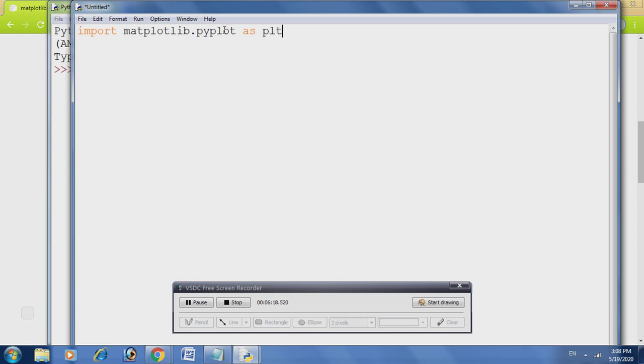Actually there is another statement to import only pyplot in our program. I am showing you another statement also. So here I am going to put the hash, so it will be commented out and will not be read by the machine, and I can type from matplotlib import pyplot as plt. So friends, any one of the import statements you can use, either import matplotlib.pyplot as plt or from matplotlib import pyplot as plt.